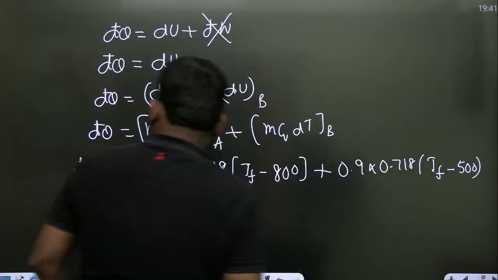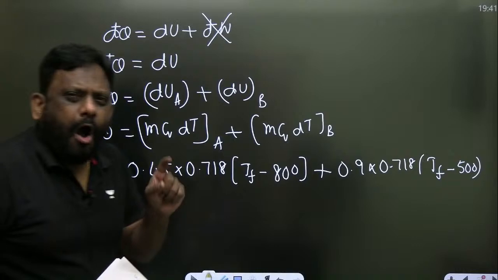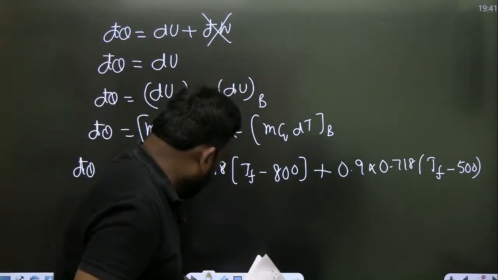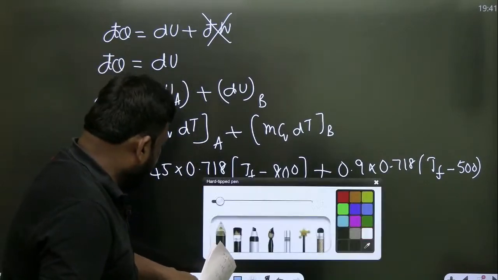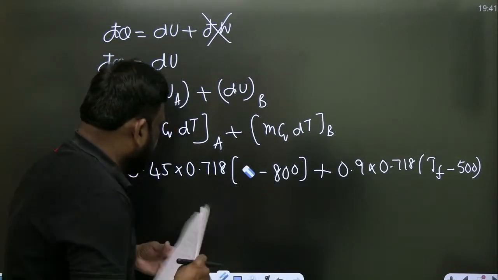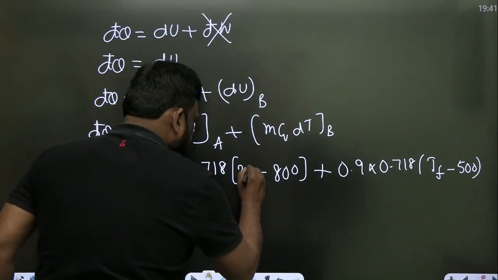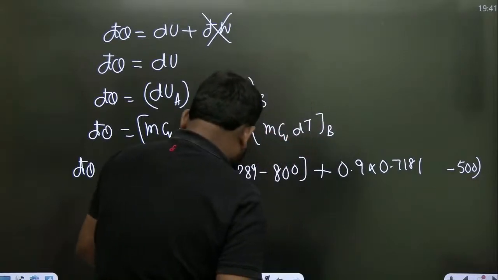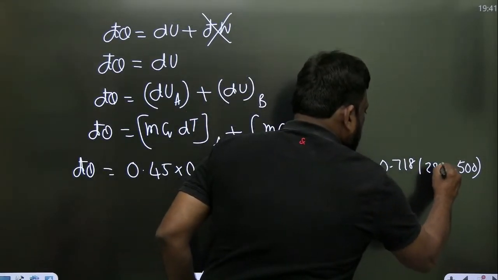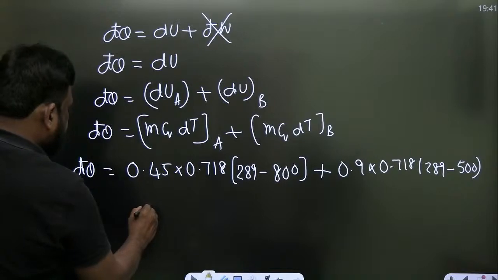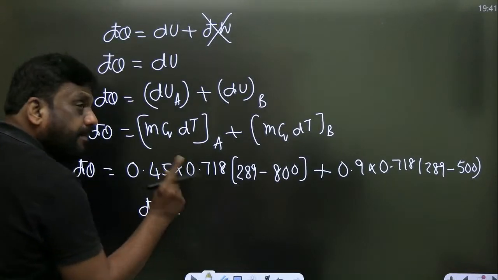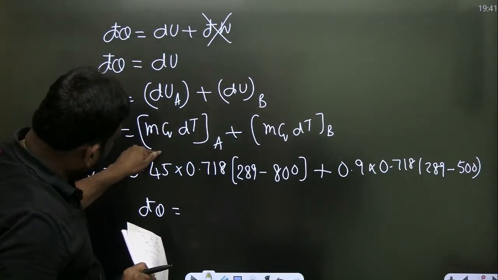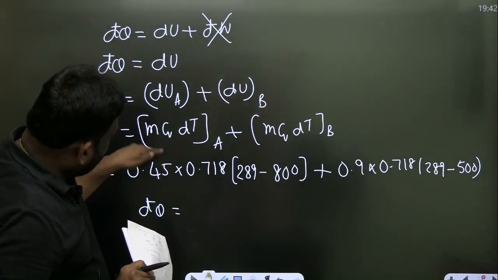ठीक है sir. And please look at, already the final temperature is given. कितना दिया sir? 289. इधर देखो sir. This final temperature is given as 289. यहाँ पे भी the final temperature is given. कितना है sir? It is 289. So everything is known except D dash Q. Anyone? It will be in kilojoule. Why kilojoule sir? M is in kg, CV is kilojoule per kg Kelvin. तो kg kg कट गया, Kelvin Kelvin कट गया, kilojoule.